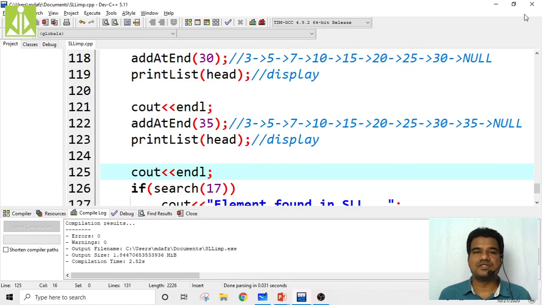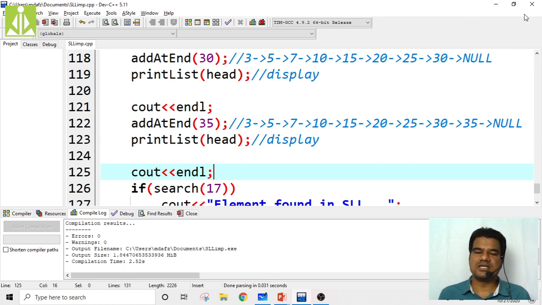So far we have seen the complete linked list implementation, then we performed traversal, insertion, and search. The only thing left with the singly linked list is the deletion operation. How we can perform deletion, we will see in our next class. After that, in one class I will implement stack using singly linked list, and in another class I will implement queue using linked list. With that we can conclude our 2.5 units.